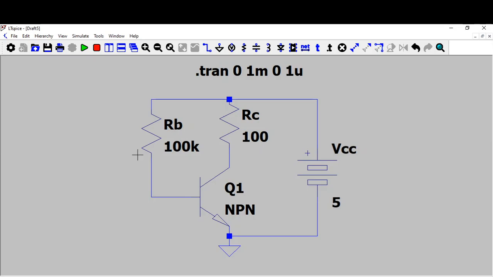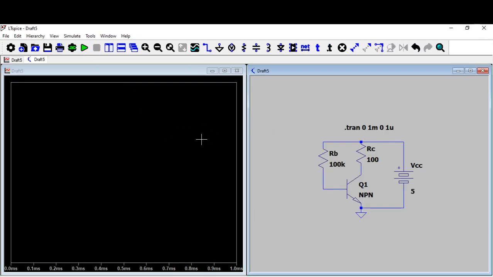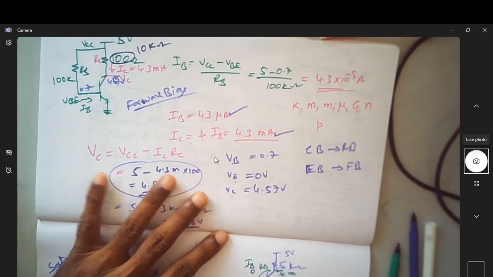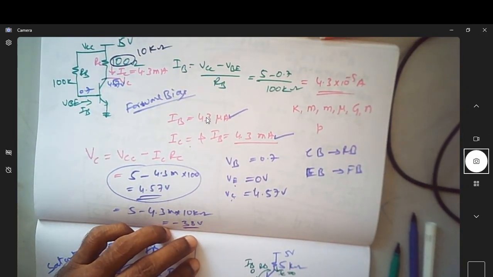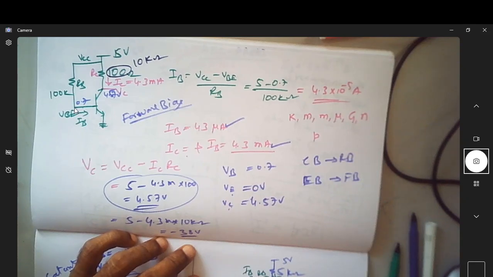okay, now I can actually run it. I want to see what the current is. Once you run it, you have these parameters. You can come to the circuit and place your mouse close to that. You can see there is a current indicated going down into the base. This is my base current. The base current that we calculated was how much? Sorry, for the first case it is 43 microampere, because you assumed 5 volts and this is 0.7 and